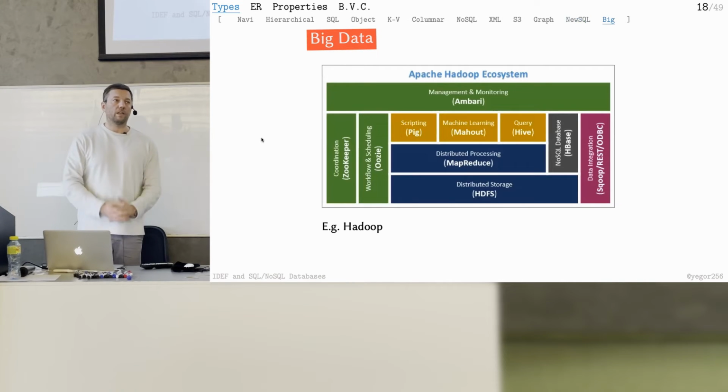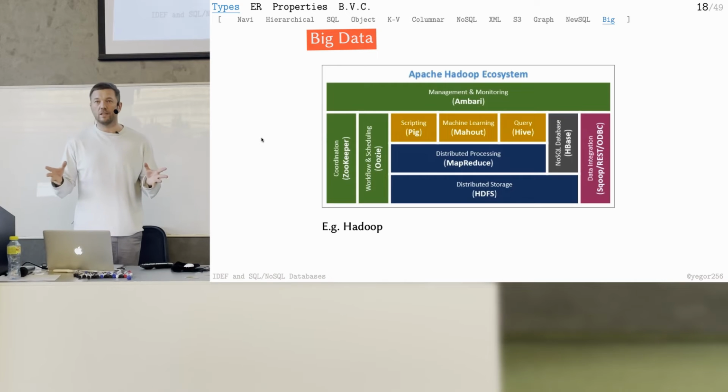Let's say, for example, you have financial operations coming from the server, from the trade exchange. Many transactions every second, like hundreds of transactions every second, are coming to you. And then you want to do some analysis of the transactions. For example, you want to do some mathematical operations on this data. And you cannot do it on one machine, you cannot do it even on a large machine, so you need to somehow make it in parallel.